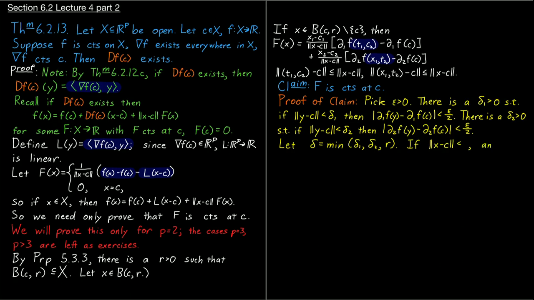well, first off, if x equals c, for continuity you have to actually look at the midpoint. But that's usually fine. Then f of x minus f of c is certainly 0, which is certainly less than epsilon. If x is not equal to c, and the norm of x minus c is less than delta,